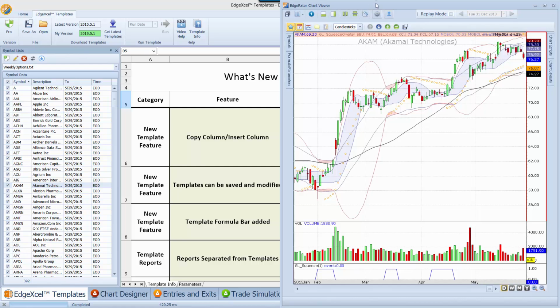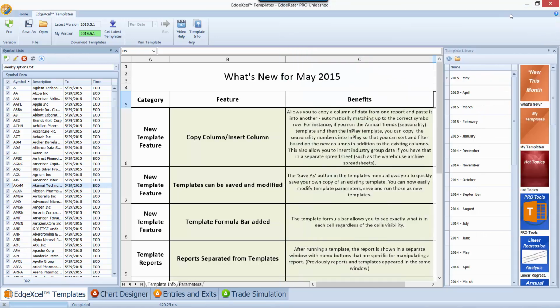Okay, so that basically, I think we covered symbol lists, downloading data, data provider, intraday data, 15-minute delayed. So now in the remaining time, the next 20 minutes, we'll talk about templates. I'll close down the charting tab. So when you download new templates,